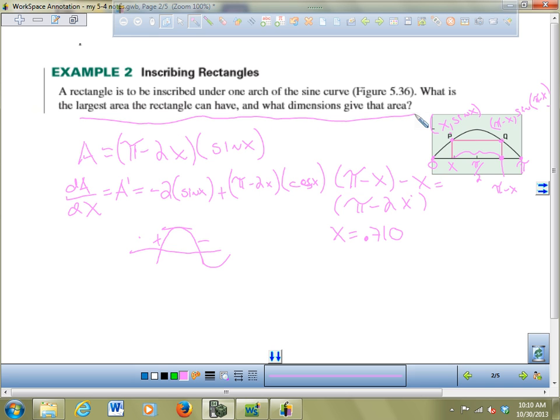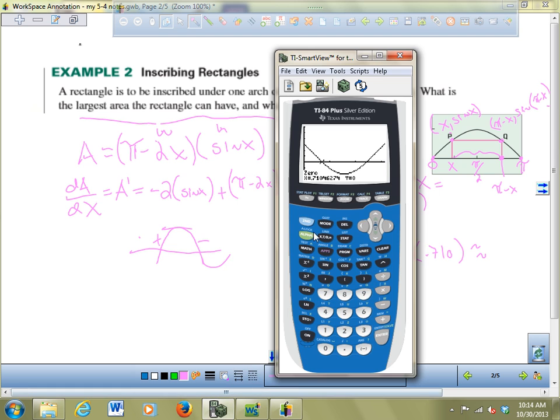What dimensions give you the area? And so the second thing is to find out the y value, and the y value is sine of 0.710. And if I plug that into my calculator, because this is x and this is y in that rectangle, this is width and this is height, that rectangle. And so sine of that, if you plug that into your calculator,